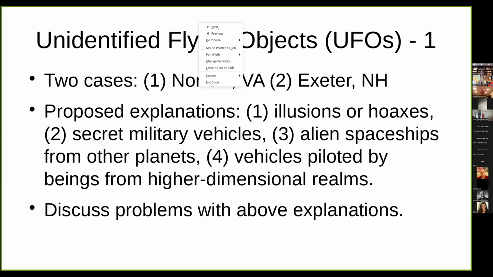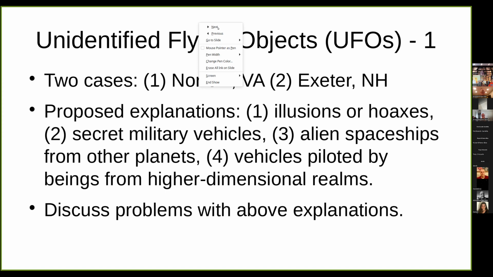And then he talks about different explanations that people give for these things. 1, illusions or hoaxes. 2, secret military vehicles. 3, alien spaceships from other planets. And 4, vehicles piloted by beings from a higher dimensional realm. So then he talks about different problems with those